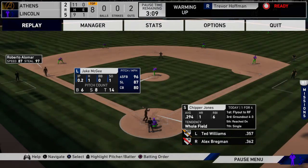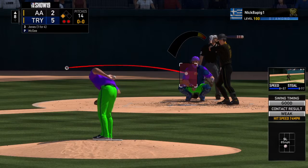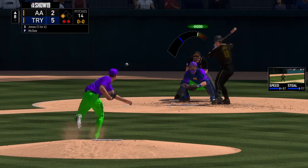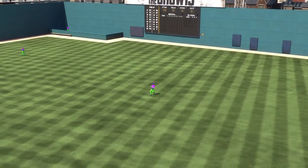At the plate, Trevor Jones comes into this appearance in the midst of a 1-for-4 day. Takes this the other way to right. Suzuki is there, and he puts the